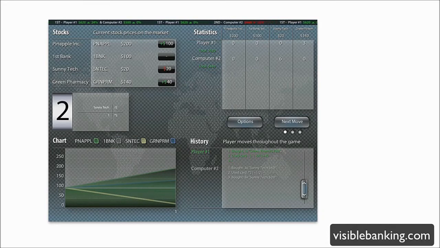They really show every sort of statistic here. So you can see what the player 2 moved, what the CPU did, and all of that. You can see his movements, what he bought, what his decisions were, and you can see in his case when he went with Sunny Tech, it actually went down in the stock market. You can see Pineapple actually went up 100. So it's a really great way to get your hands into the stock market and get a feel for it. So overall,